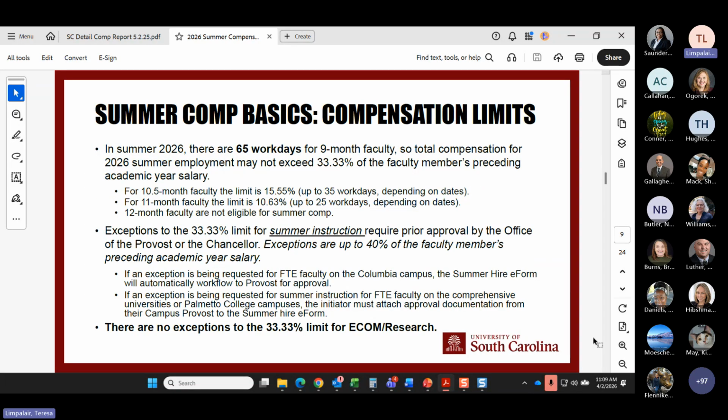All right, let's talk about compensation limits. We have a change here, and that's why I'm so glad you're all with us today. In the last, I think, 4 summers, it has been 66 work days. This year, summer 2026, we have 65 work days, so that changes the percentage limitations for all of our different